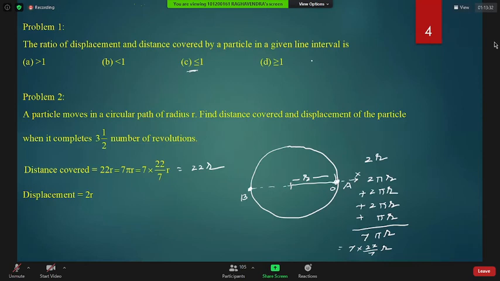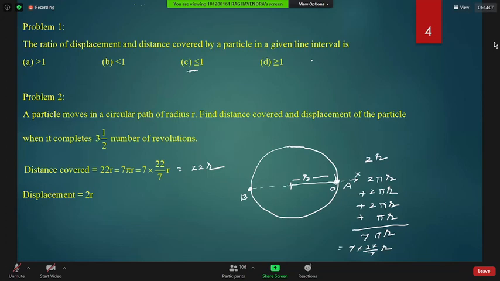Displacement is 2r and distance is 3 pi r, sir. It is already on the screen. I am telling you not to see the screen. Just take the question and solve by yourself. Sir, R means number of revolutions. Displacement is 7, sir. 22 R is distance, sir. Because on the right hand side, you see I have drawn by hand only.